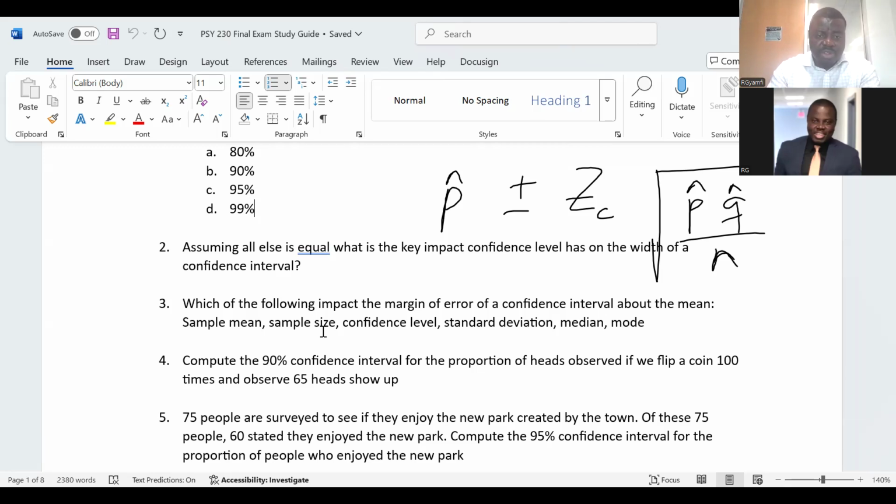A 90% confidence level gives you a z value of 1.645. So my z is 1.645. Now, what about my p hat? p hat is the sample proportion. If you think about proportion, what should come to mind is a fraction, a decimal, or a percentage. Now, if you go back to the formula sheet,